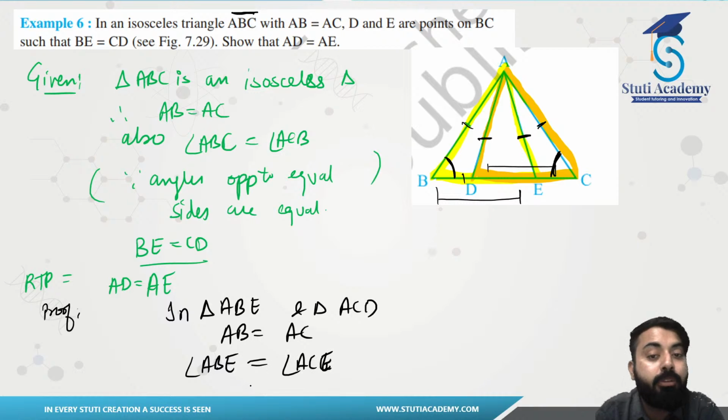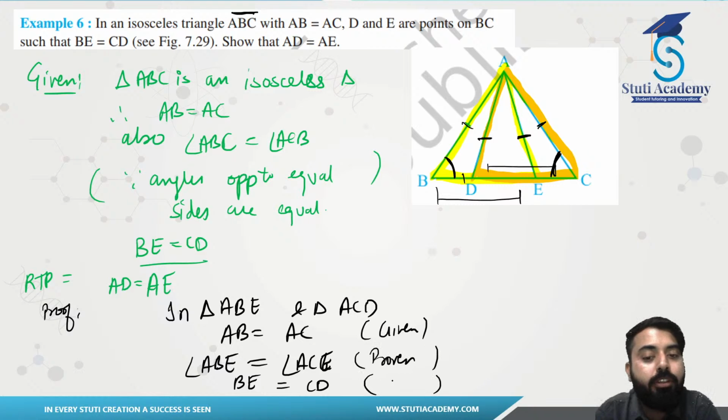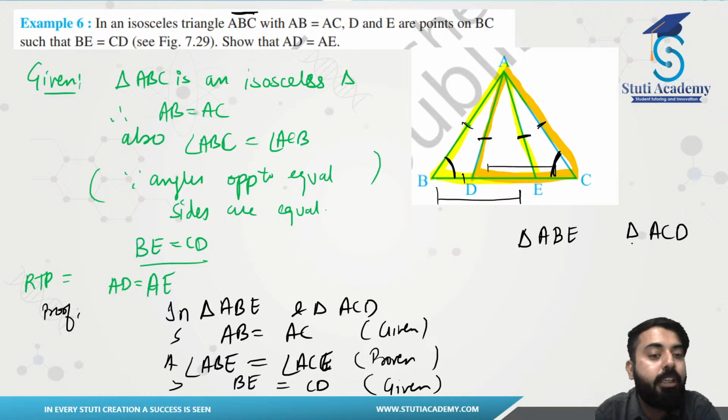That has already been proven. And I know BE is equal to CD. So guys, see, this is given, this is proven, this is given. Side angle side, triangles ABE and ACD both are congruent, and you can say AD is equal to AE,